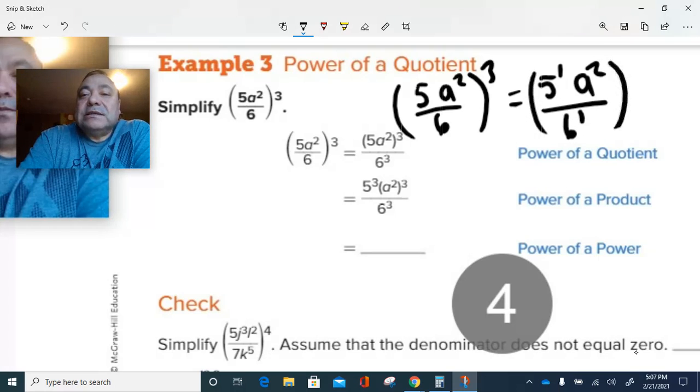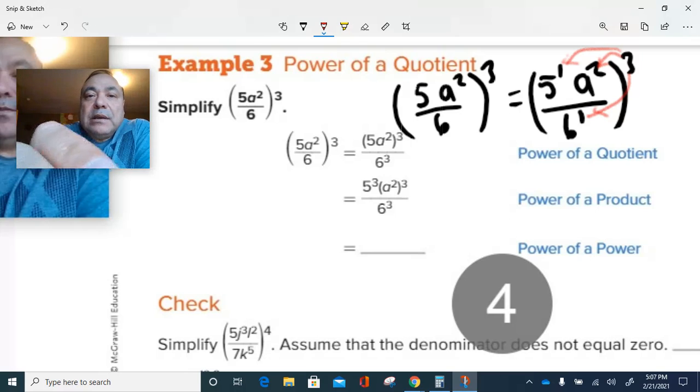And now watch, guys. This is one of the cute, cool ones. You multiply power by power, power by power, power by power. Okay? So what you end up with here will be,